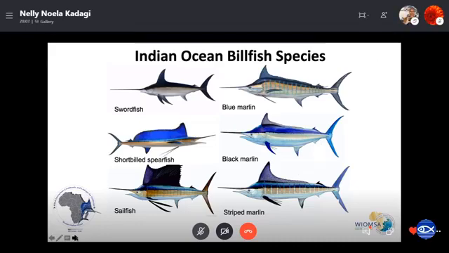But one thing to note about these species is that while we put them under one umbrella of billfish species, scientists, researchers, and even our captains, anglers across the world have helped us to be able to identify these species in that we can tell this is a swordfish, this is a blue marlin, based on the characteristics of the body. Apart from just these species being caught in various fisheries, they are ecologically important as apex predators. And so sitting at the top of the ecosystem plays a big role when it comes to balancing what is happening in our oceans.